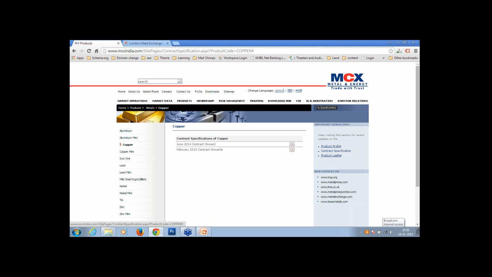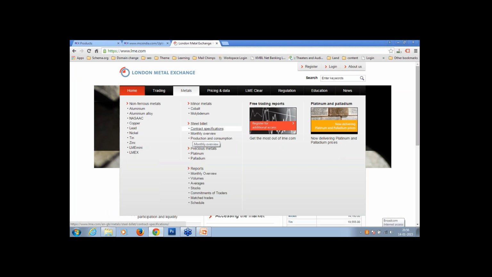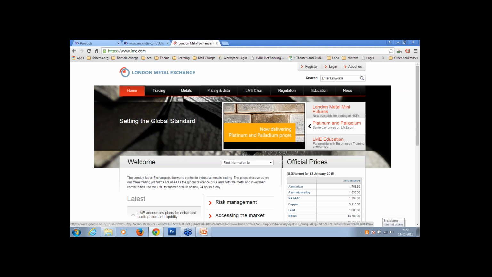and then we have two contracts here, June 2014 contract and February 15 onwards. So currently we are following these terms and conditions. So I click on the contract, let it load. Let's go to London Metal Exchange. Okay,